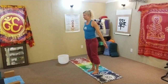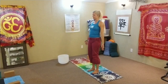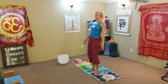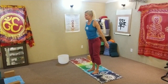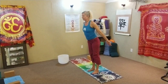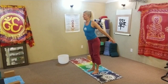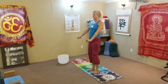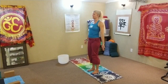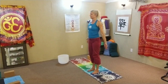Notice if one foot dominates and tries to grip, or if you tend to come off center. Just don't judge yourself, it's just a simple exercise in balance. And so we're not hinging, but we're leaning. Kind of like, think about the Titanic. So you're just leaning forward, almost like you're going to go into airplane pose. And then come all the way back, and then notice when your toes just want to grab. Just pause right there, and then just find that balance between the front and the back, and those two planes